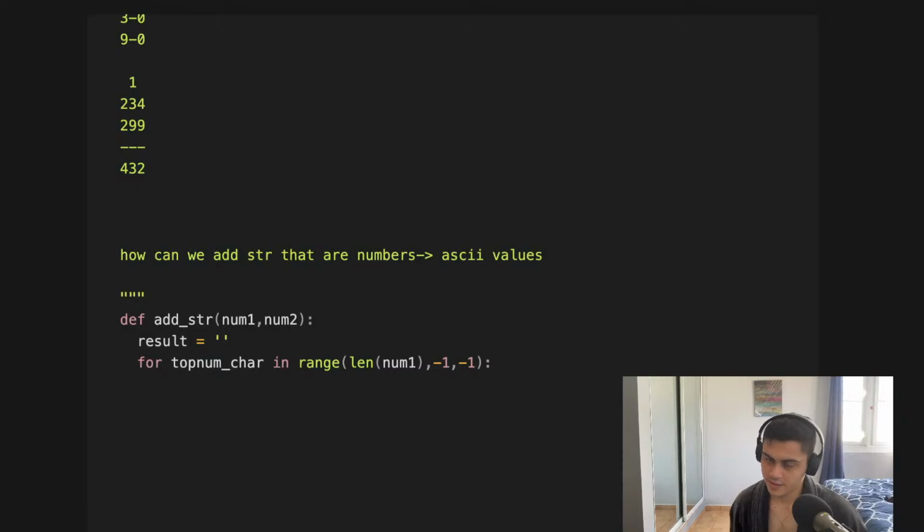So we can iterate strings. So top num char, I'm just going to write a pass. So for each num, and then we're going to do